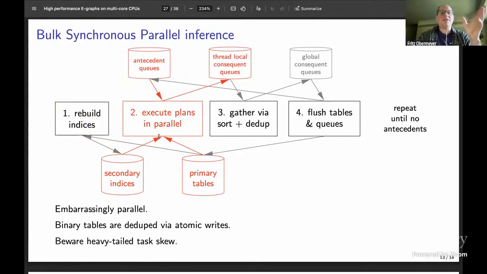And then there's this execution stage, that's where the bulk of the work happens. So I have a queue of antecedents, recent facts that were learned, and then a queue of consequents, these thread local, I think you guys call them mutation buffers, where the new facts are spit out. The execution consumes the secondary and primary tables, and this is completely embarrassingly parallel. These all pull from a single task queue, and there are millions or hundreds of millions. There are many tasks anyway.